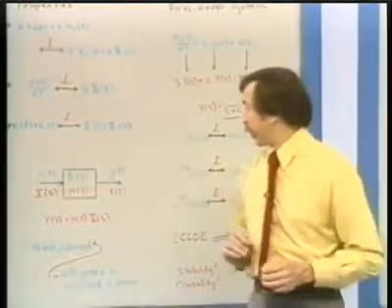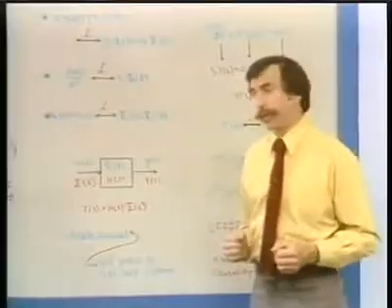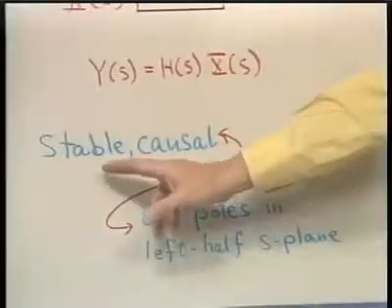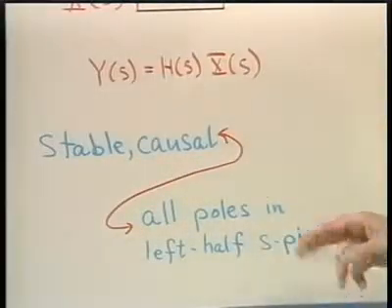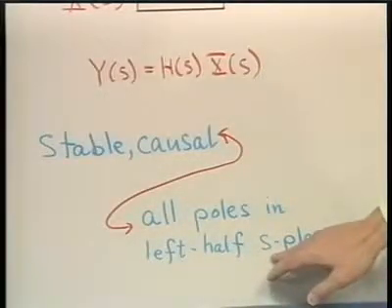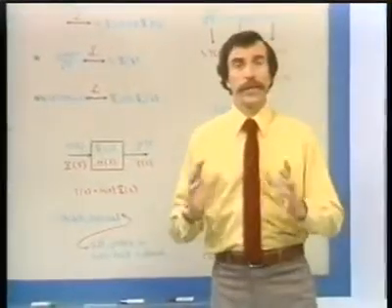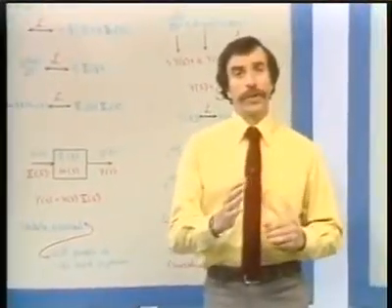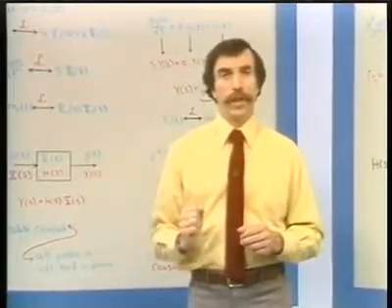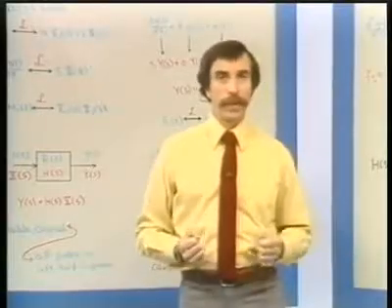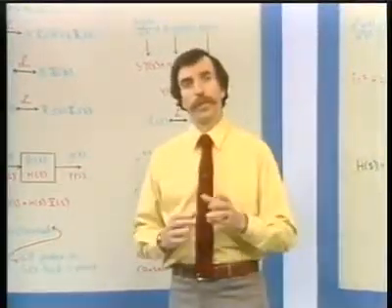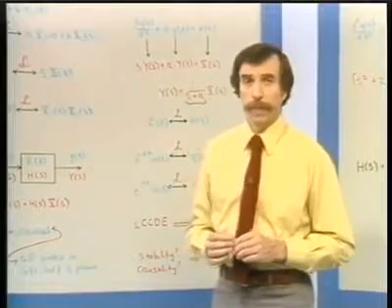Now, interestingly and very important is the consequence if you put those two statements together. In particular, you're led to the conclusion that for stable causal systems, all the poles must be in the left half of the S-plane. What's the reason? The reason, of course, is that if the system is stable and causal, the region of convergence must be to the right of the rightmost pole. It must include the j omega axis. Obviously, then, all the poles must be in the left half of the S-plane. And again, that's an issue that is discussed somewhat more carefully and in more detail in the text.